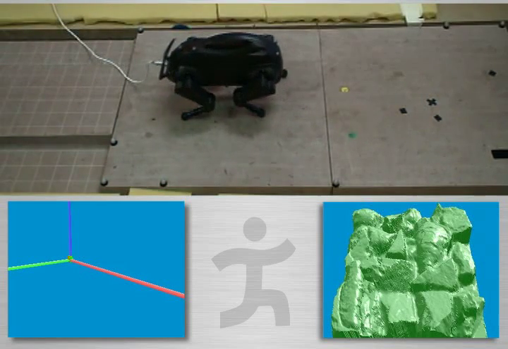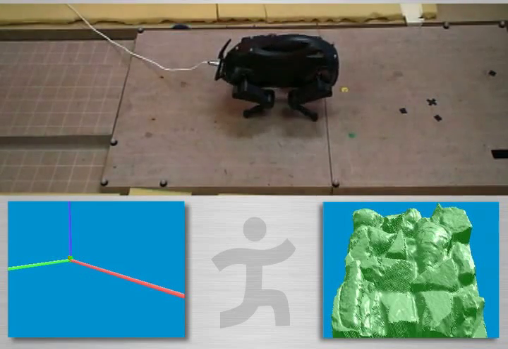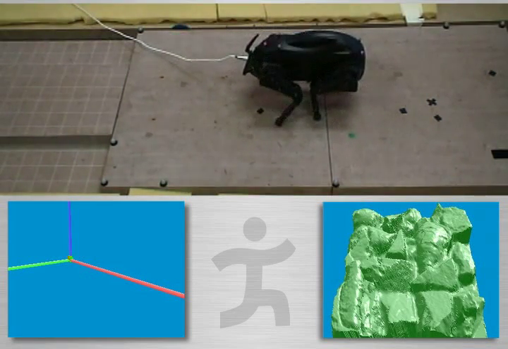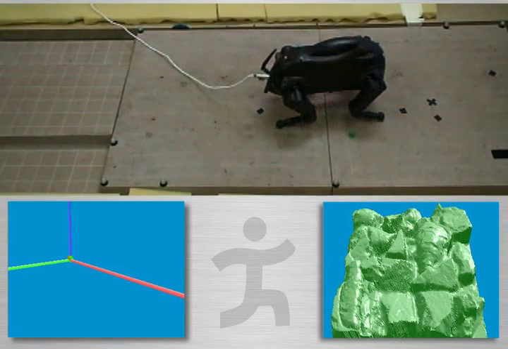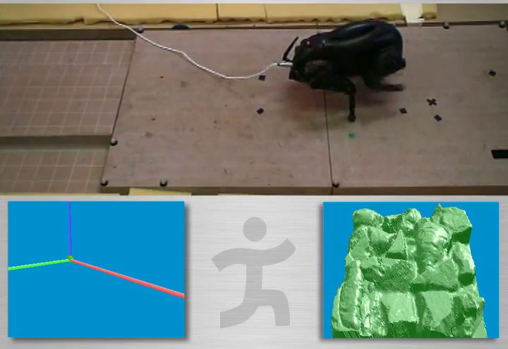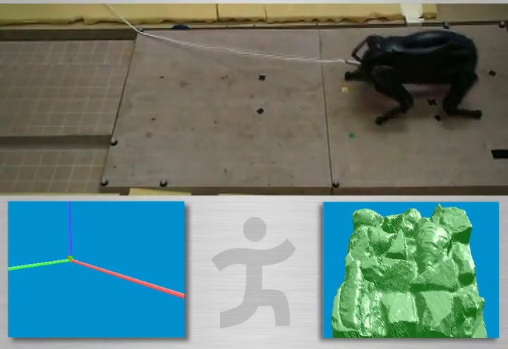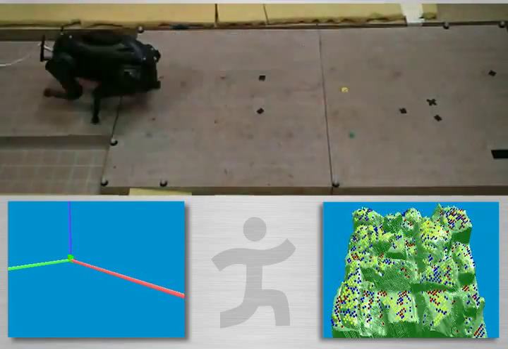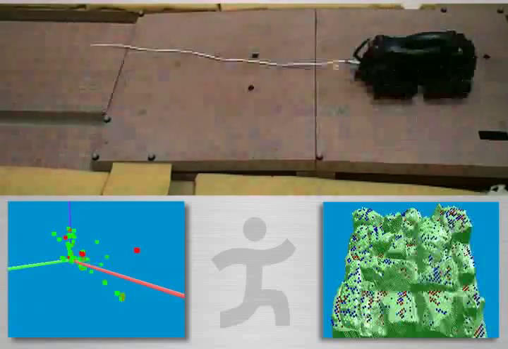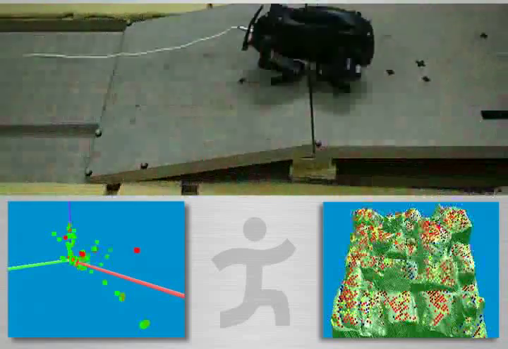We start by walking the little dog on flat ground. The lower left visual shows the raw data being collected. In the lower right, we demonstrate how, as more data is collected, we are able to progressively generalize to an uncharted terrain. We continue training the little dog by gradually pitching the flat terrain at greater and greater angles,